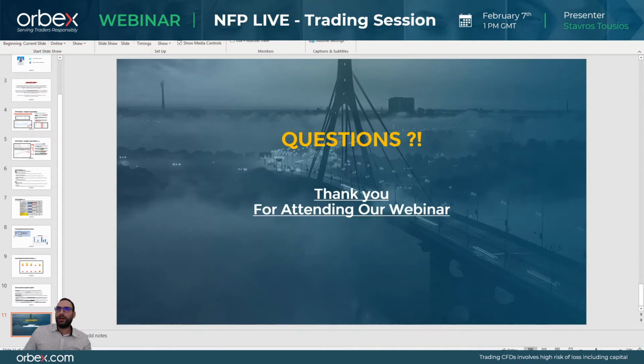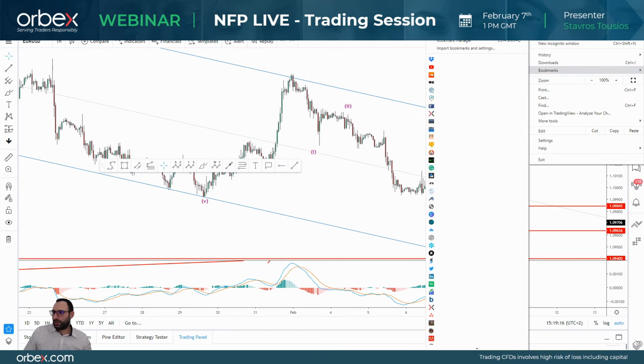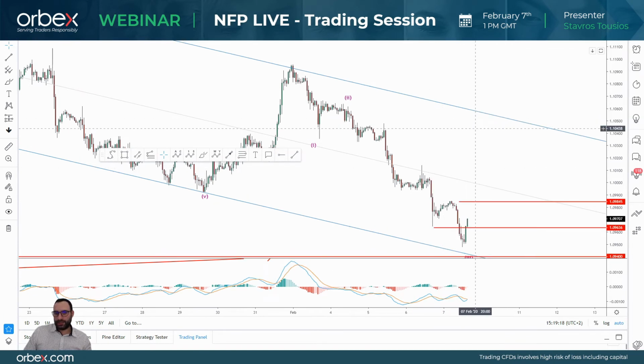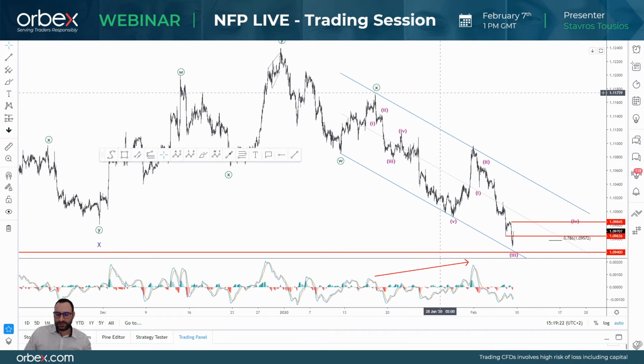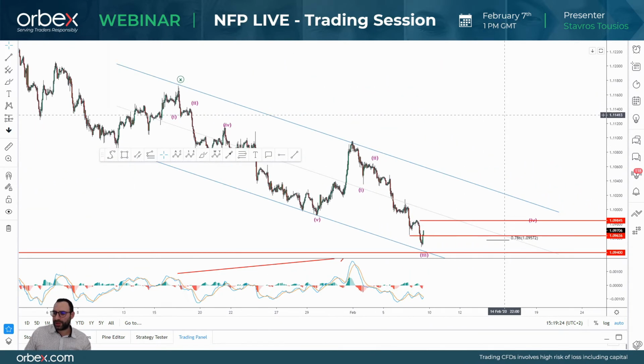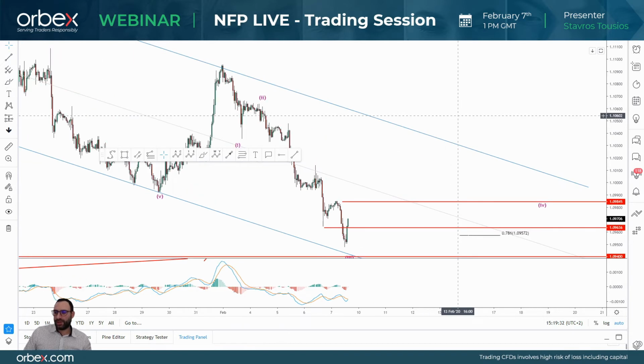So let me just get my charts over here. Although for market insights on a daily basis we analyze Elliott waves, when it comes to trading the NFP, I'm not looking at anything apart from Fibonacci levels and also some support and resistance levels, which are actually called high activity levels, right?